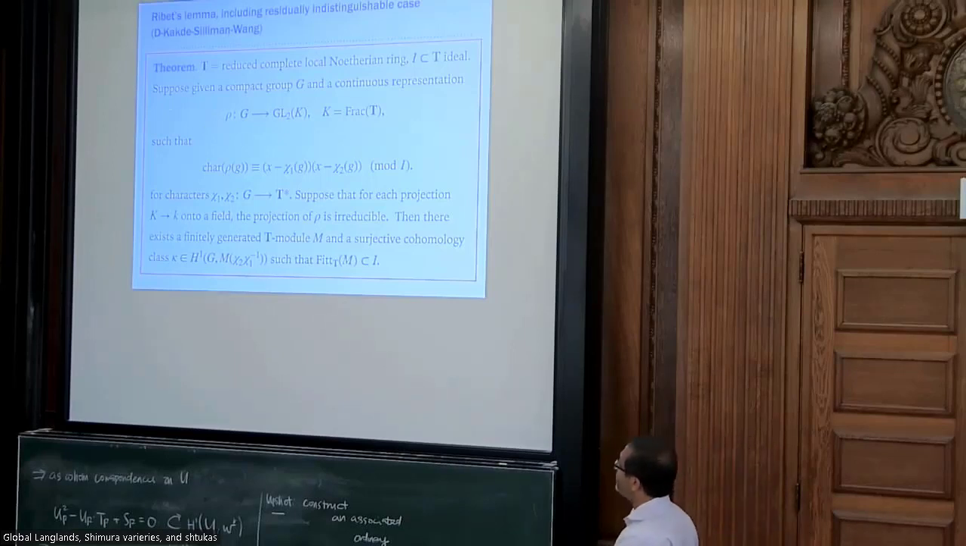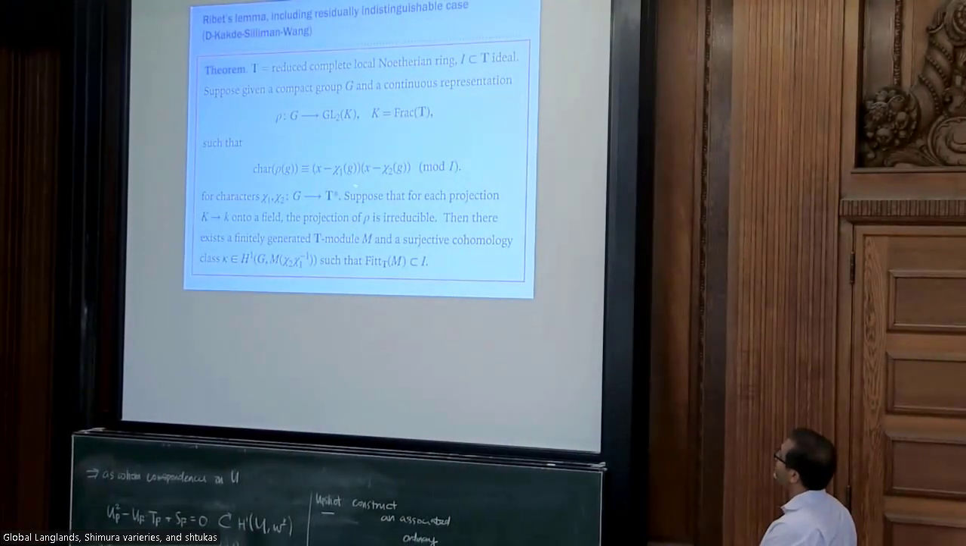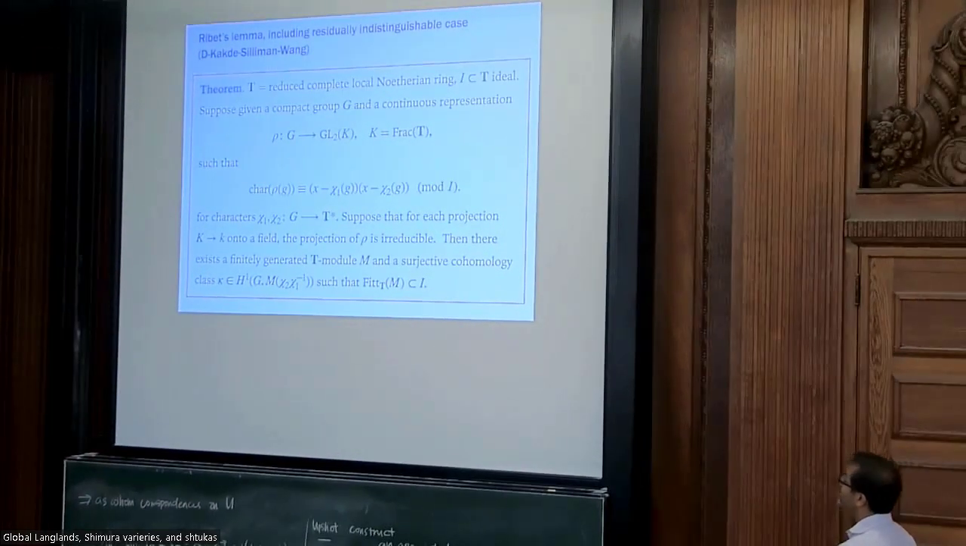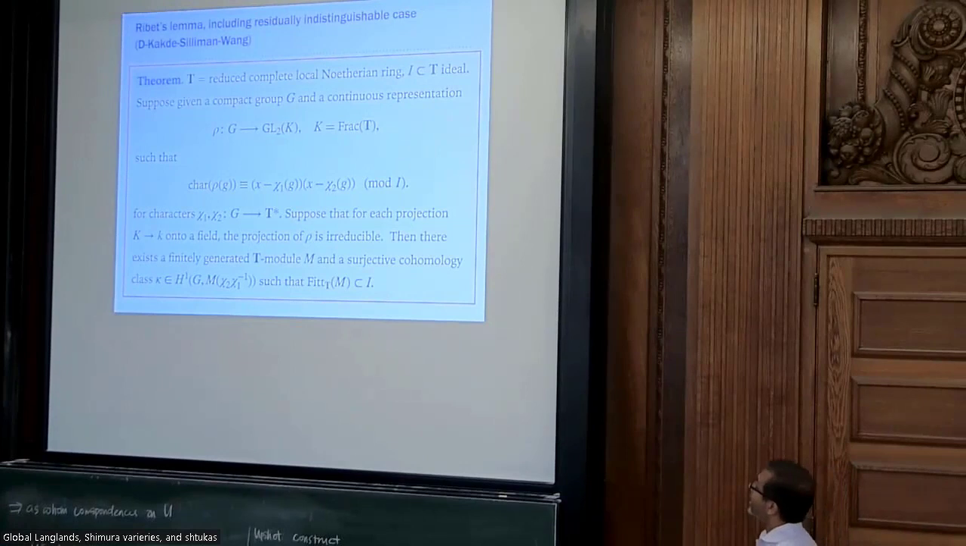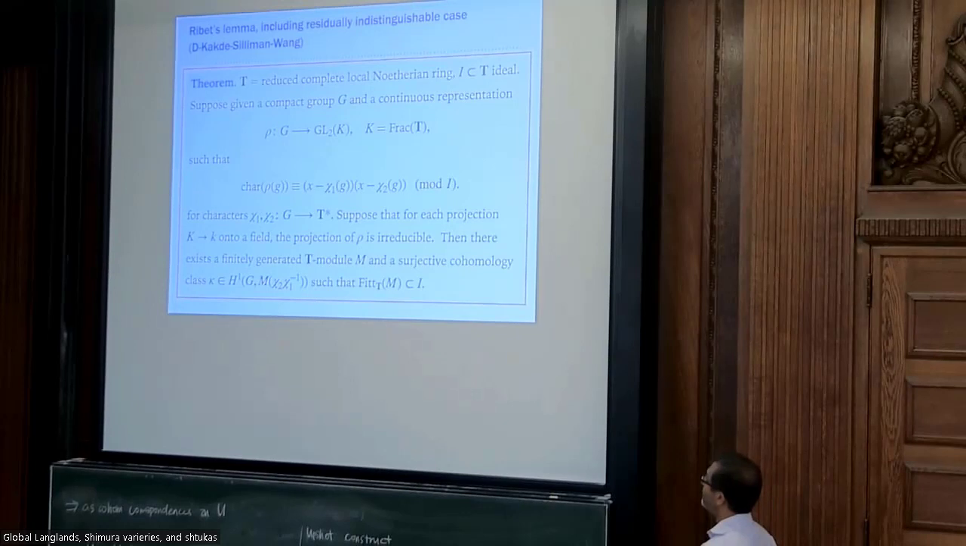But we assume that the traces and the determinants of this representation lie in T, and moreover, the characteristic polynomial factors modulo some ideal I. Okay, so chi1 and chi2 are these two characters. And we assume that the characteristic polynomial of every element under this representation is reducible. Okay, and now we need an assumption, a kind of cuspidality assumption. K, because of my assumptions here, is just a product of fields. And if you take a projection onto any one of these fields, you assume that the representation is irreducible,